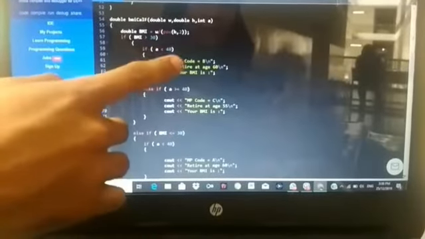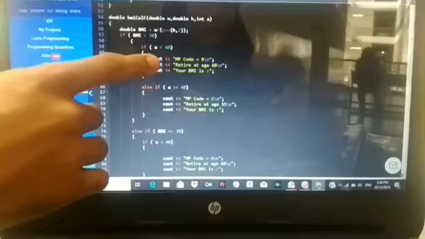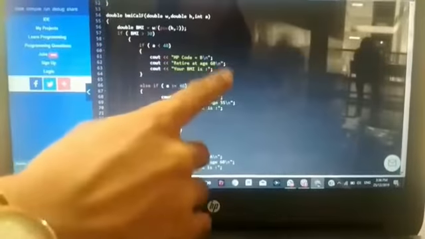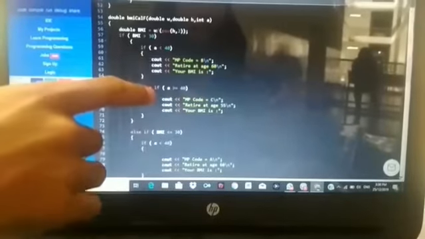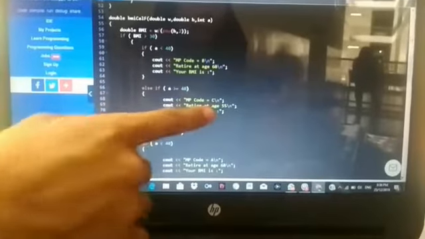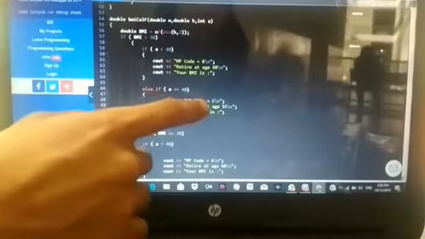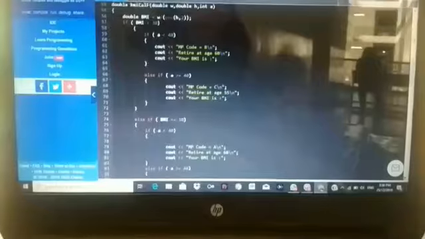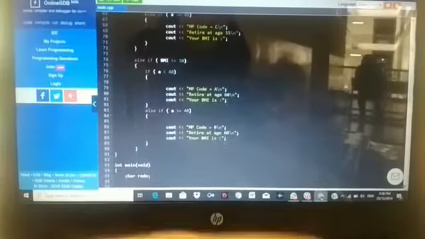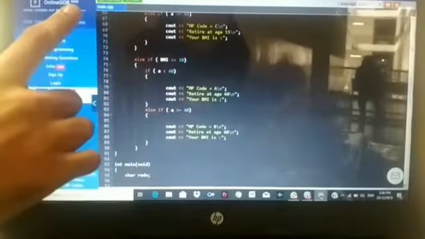Then for age, if it's less than 40, it will retire at the age of 60 and the category will be B. If it's over 40, the class is C and the retire age is 55. And the BMI is displayed. So it's just the same as before.